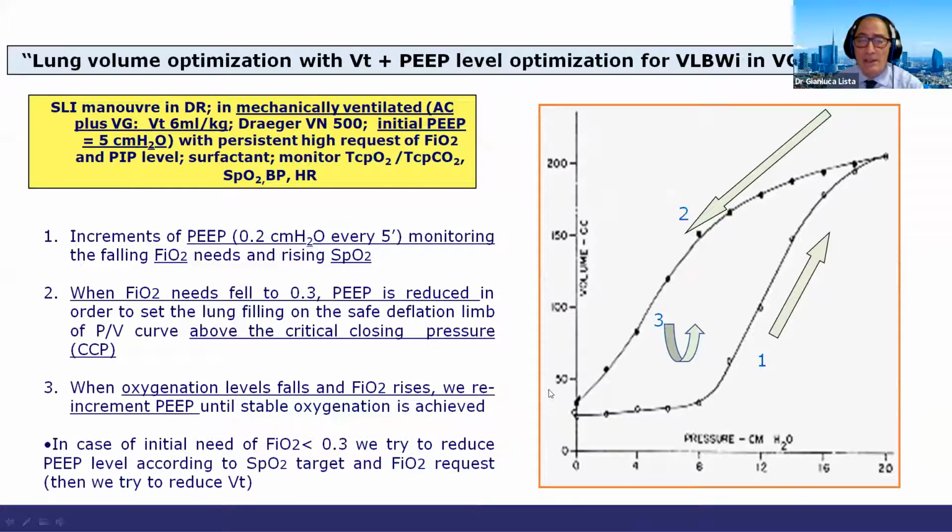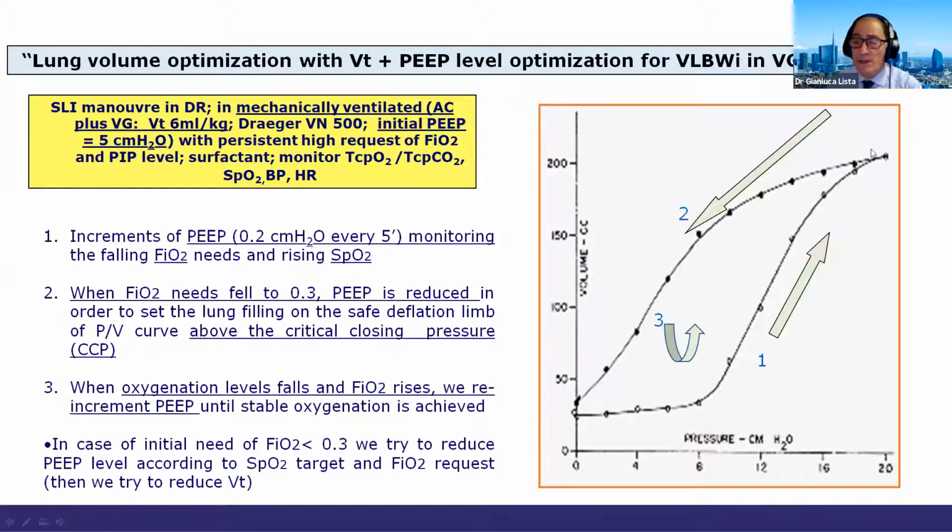Under monitoring of the saturation and the FiO2 needs of the baby, we try to increase the level of PEEP by about 0.2 centimeters of water every 5 minutes, monitoring the fall of FiO2 and the rise of saturation. When the FiO2 need fell to 0.3, we understood that we had probably arrived at the end of the